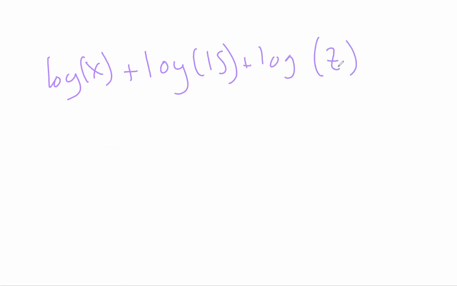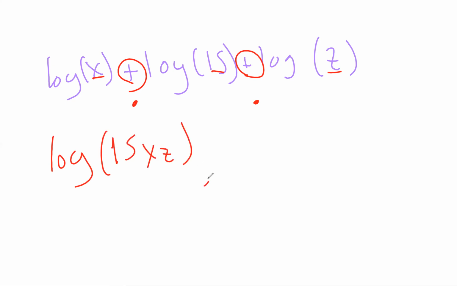Okay, and so first things first, we look out front and we don't see any whole numbers out here. So that means that none of them are going to turn into exponents. So that's good. And then as we read from left to right again, we see, hey, look, a plus sign, which means I'm turning it into multiplication. And hey, look, another plus sign, which means I'm turning it into multiplication. And so the stuff gets multiplied. And so this will be log